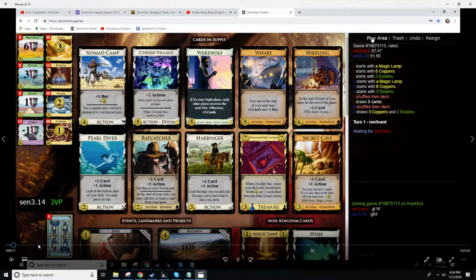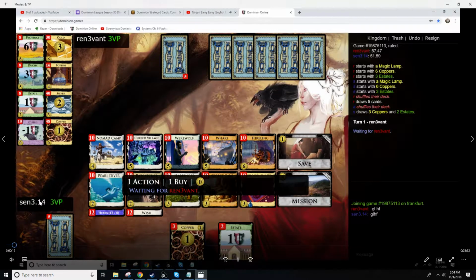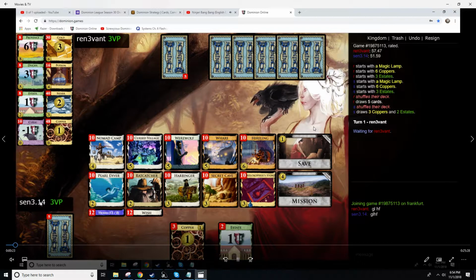So you're going to see this play out here. I'm sizing the board up, and I want to make sure that it's notable. I do have Secret Cave in the kingdom, so that means in our decks we both have a Magic Lamp, which means that if you get a bunch of unique cards out, you get a bunch of wishes, and then your opponent just resigns. So you are wanting to get control of your deck on this kingdom, and one way